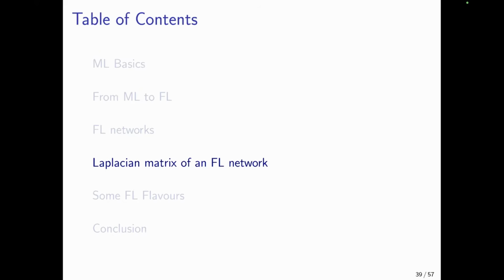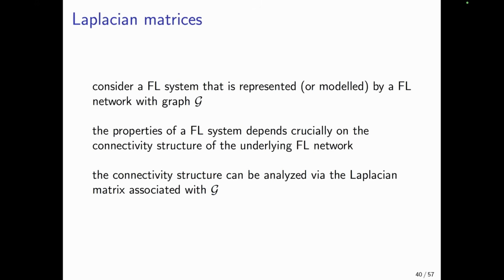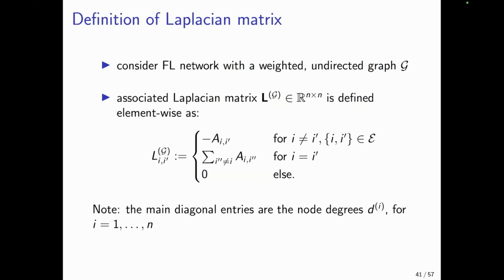Okay, now regarding the network structure or the graph structure, it's often useful to have a few numbers that characterize the graph structure or the connectivity. And one way to get such a few parameters that characterize a graph structure is via matrices. So maybe some of you had a course on graph theory, and one big theme in graph theory is spectral graph theory. And spectral graph theory uses matrices to describe graphs or networks. And one such matrix is the Laplacian matrix that we will use a lot in this course, which is defined